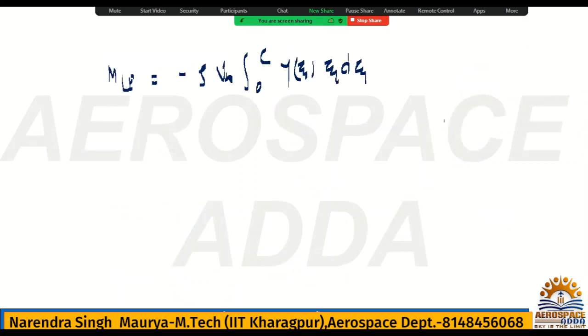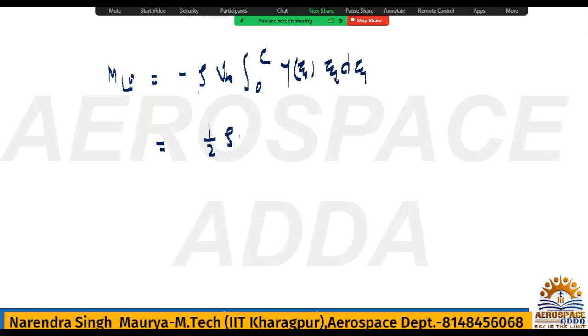Okay, so what will be the value? After integrating, 0 to c will be 0 to pi, and if you do it, then what you may get? Because this is xi d xi, it is xi square by 2, so 1 by 2 also will come, so you may get half rho, and the velocity term will also come, so half rho,